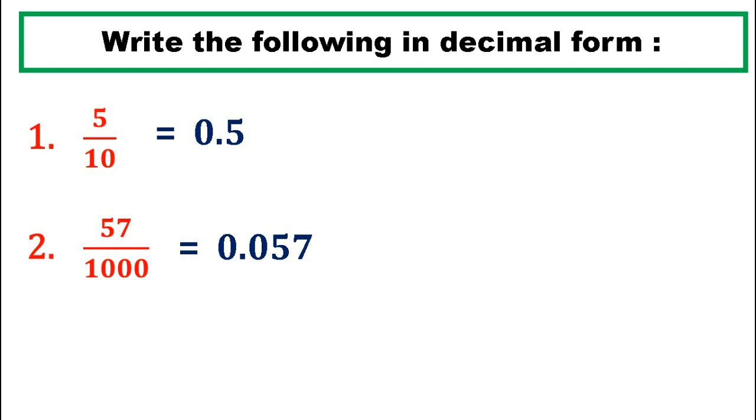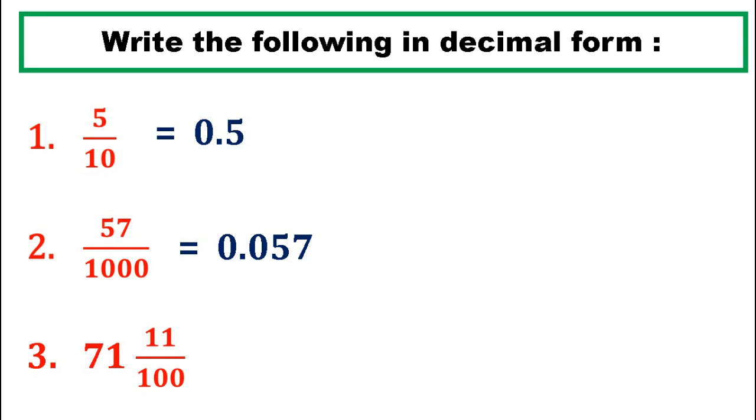Since we have 4 digits in the denominator and only 2 in the numerator, so we will simply add 2 more zeros to the left of 57. Next, we will count 3 places from the right and put the decimal point, as there are 3 zeros in the denominator. Therefore, the decimal fraction 57 by 1000 can be written in decimal form as